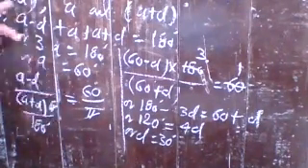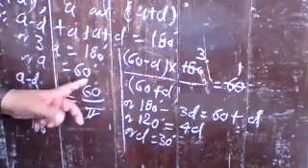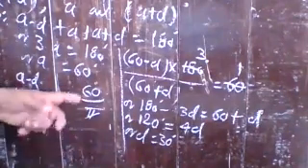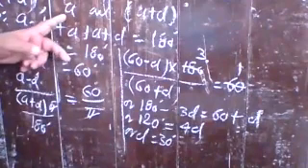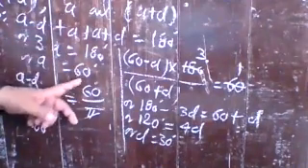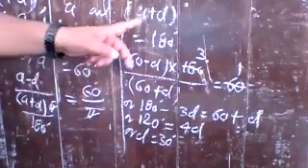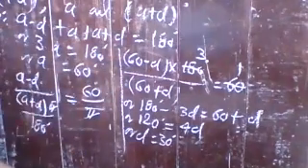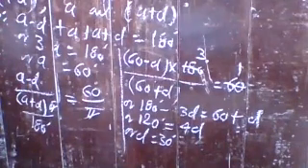So your first angle is A minus D. So you can write 60 minus 30. So you have 30 degrees. The second angle is A, so A is 60 degrees. And if you put it here, A plus D, so 60 plus 30 is equal to 90 degrees. So your final required angles are what?